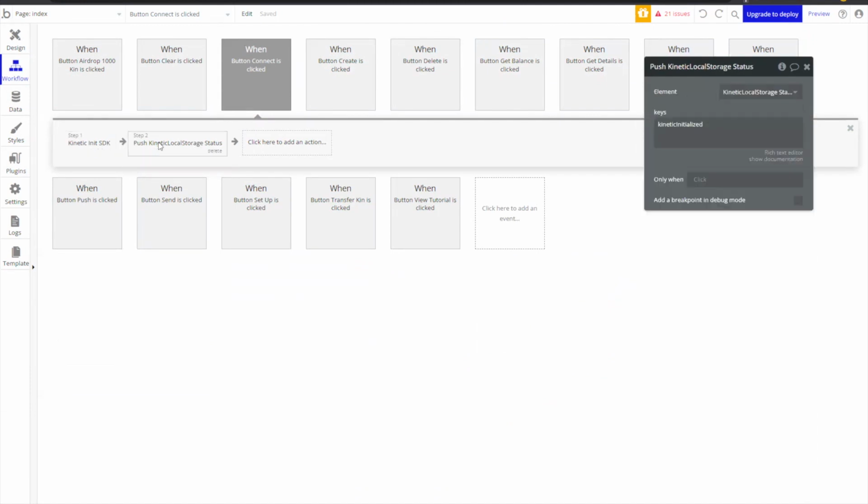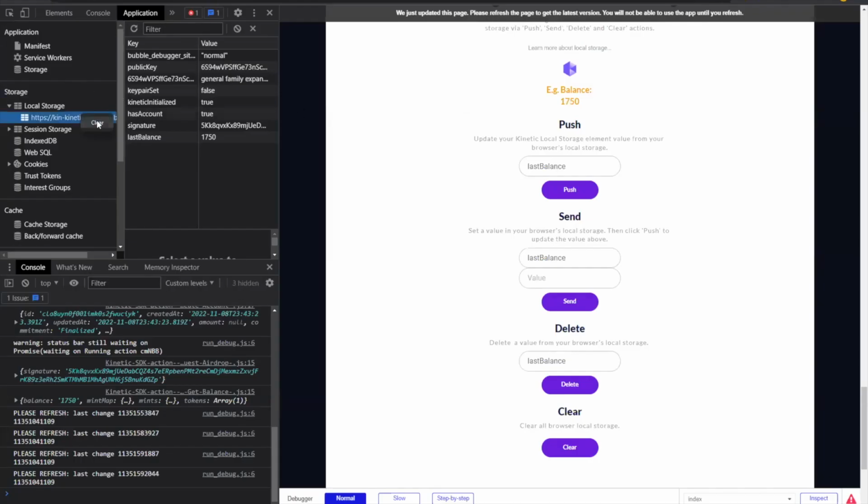And once this completes, we're then going to push this kinetic initialized value into my kinetic local storage status. I've created something called kinetic local storage status to handle the state of the value of status. So we can show that in the app. Like I said, it's just this kind of two-step process. If I clear all the local storage here, reload,